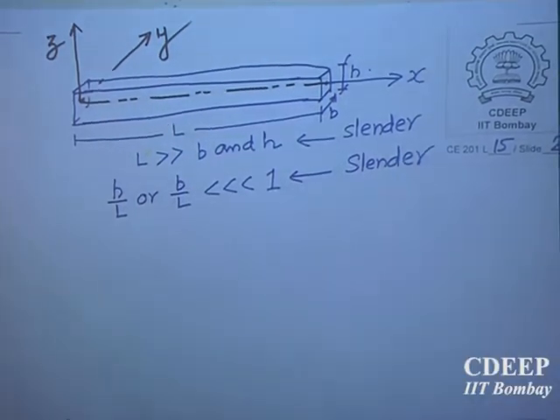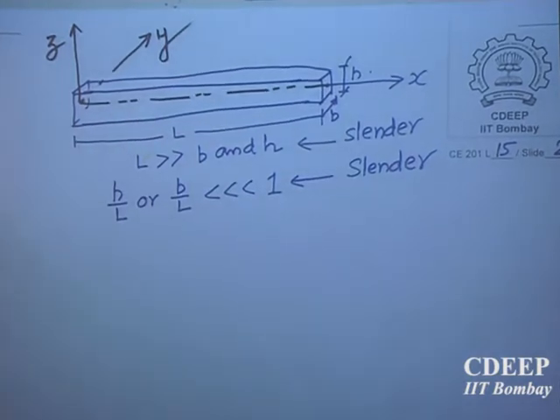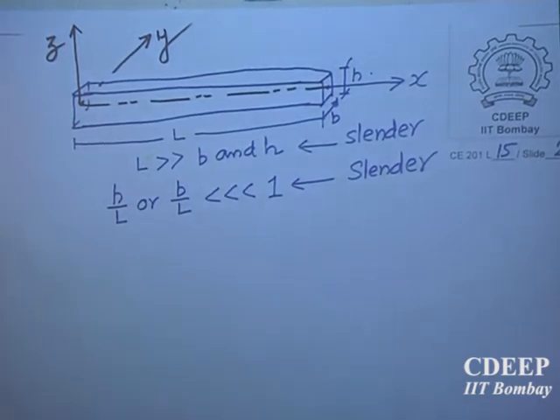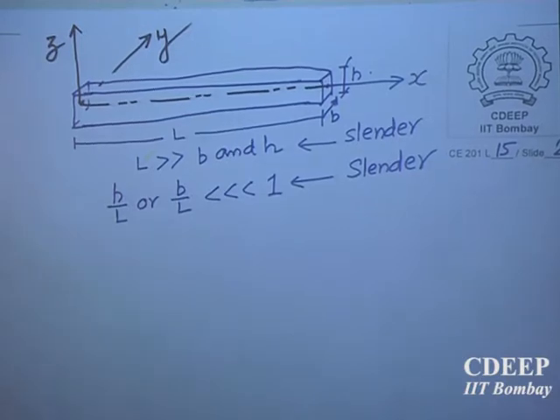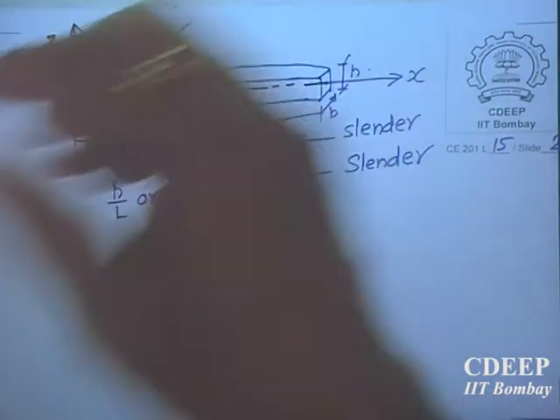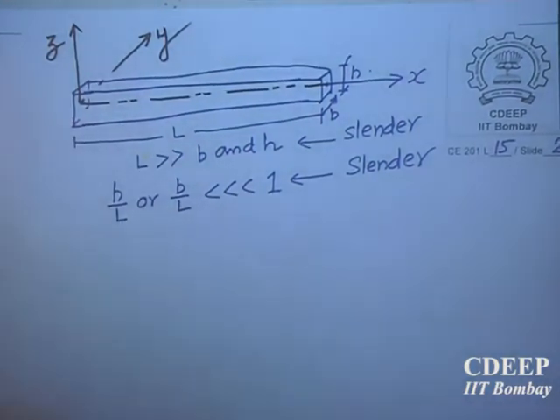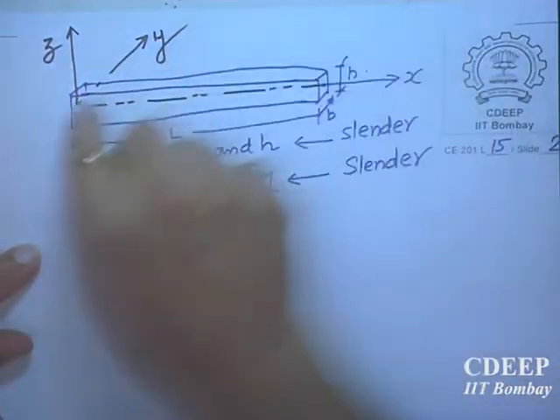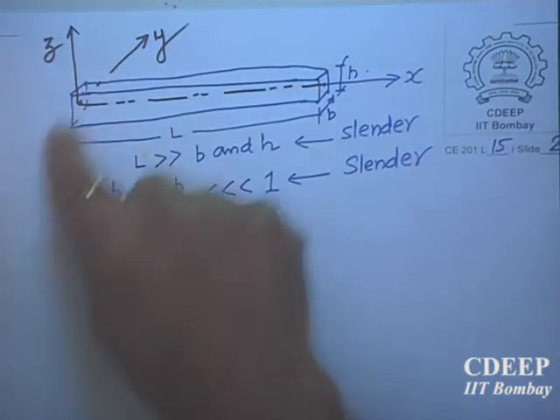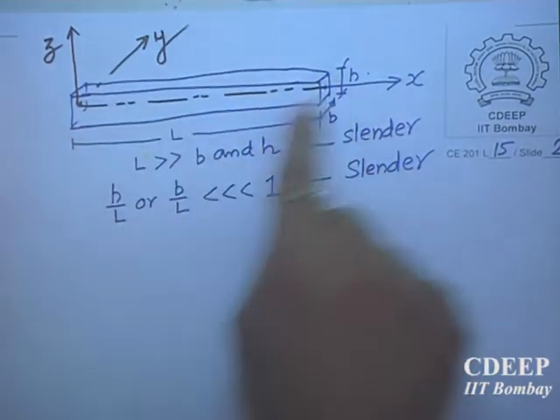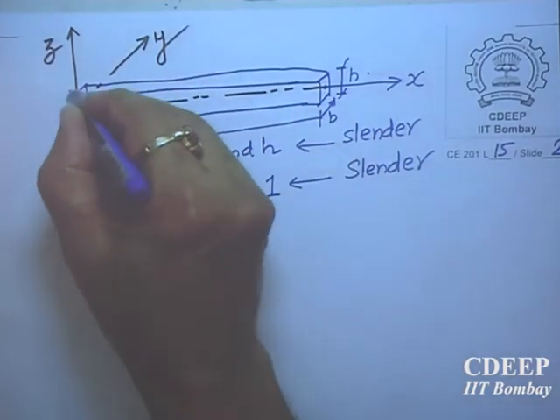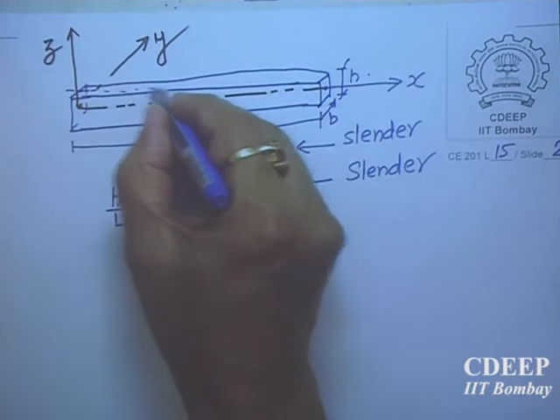So okay, this kind of thing you must have seen. This is a member which we want to study under planar bending first. I don't want to make it general bending in space. I don't want to keep it in xy plane and then study. I am now aligning this to x axis, this one is z axis, y is perpendicular to the x axis here. Now I am saying that B is very small, or I am applying all the loads in the middle of the top.